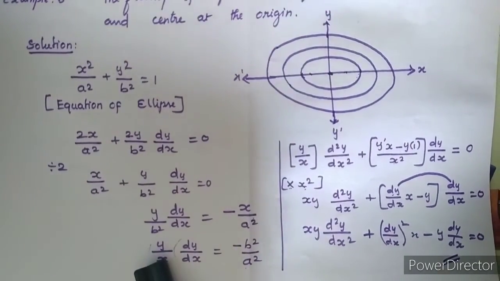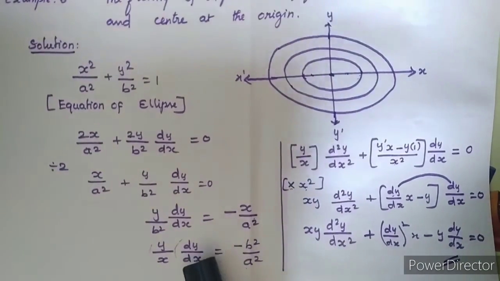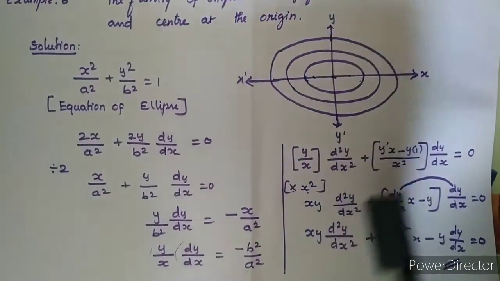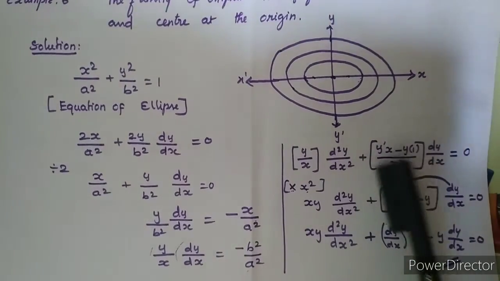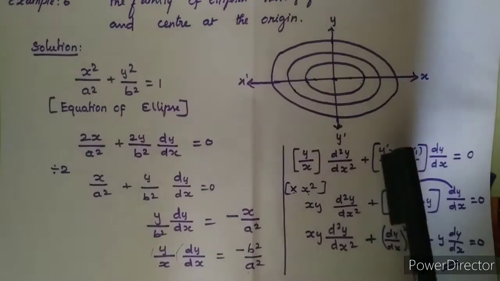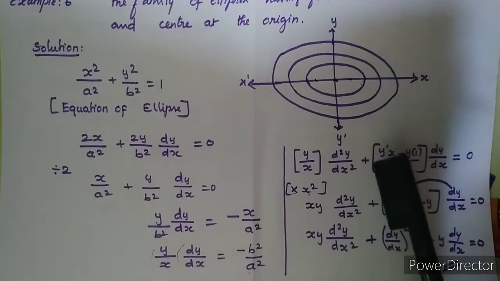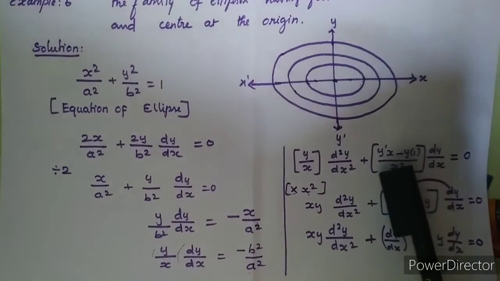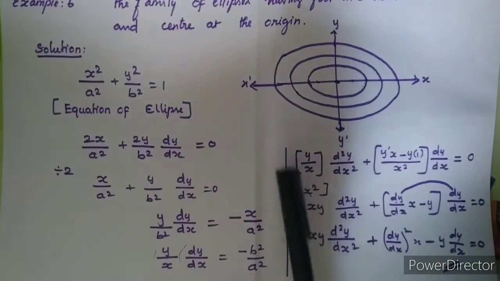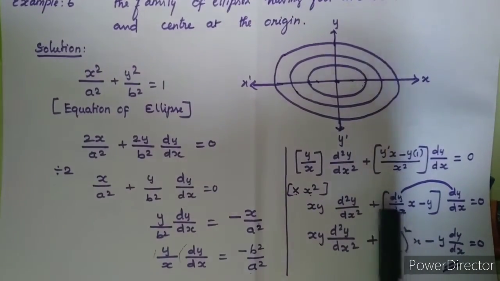Now you want to differentiate again. This is like u, this is like v, so u will be the same, and v's differentiation is d squared y by dx squared. Next, dy by dx will be the same, that is v will be the same, differentiate u only. This is again like u by v, therefore find the differentiation of y by x: y dash x minus y, that is u dash v minus u v dash by v squared, meaning x squared. Then multiply by x squared; here x squared means x and x cancel, remaining one x, and x squared and x squared cancel. This is the answer.